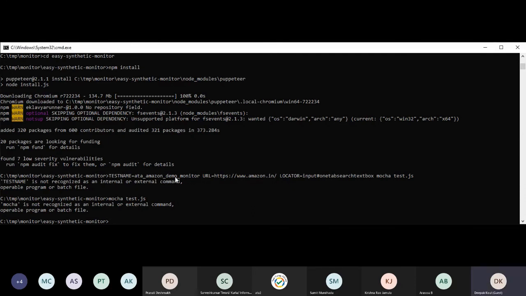Are you using PowerShell or just the terminal? No, this is just a command prompt. You want me to run in PowerShell? Can you try in PowerShell? Probably it should work there.